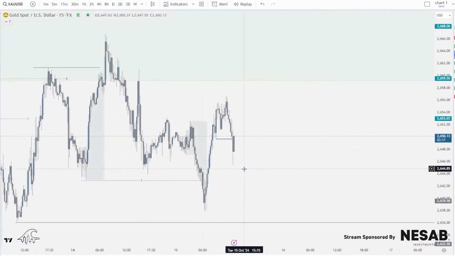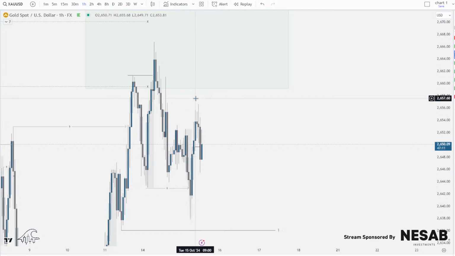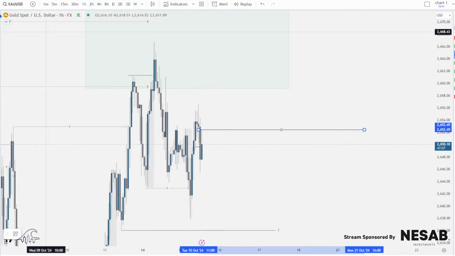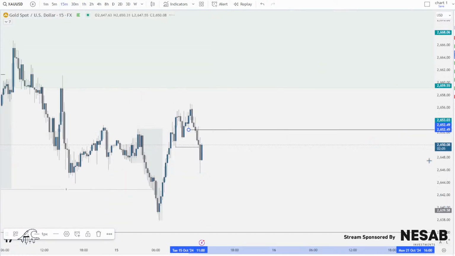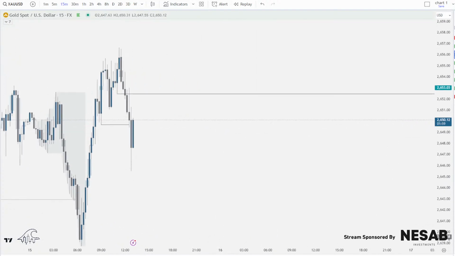Exactly the same as gold. We want price to run bullish. We're looking at this low as our point of reaction. We know the narrative is bullish on the 1 hour. We want this gap to close. Like that. Price action runs up into this area. We want that gap to close. Closing this, so tapping into that, or just getting to here and even just pulling back, that tells us that there is